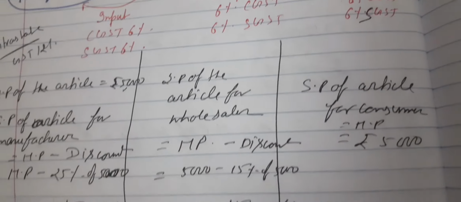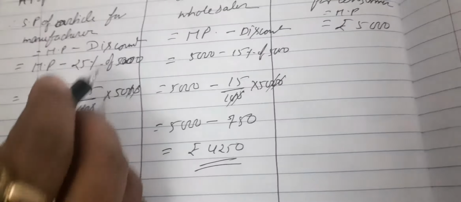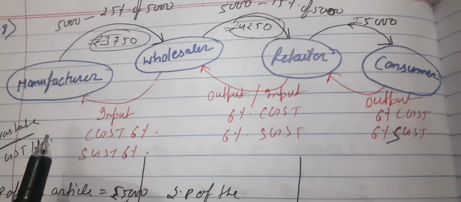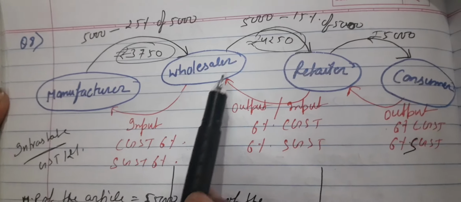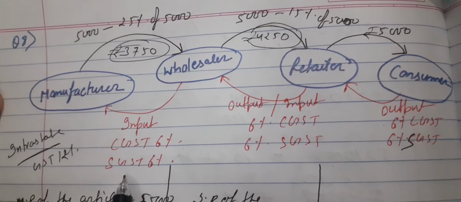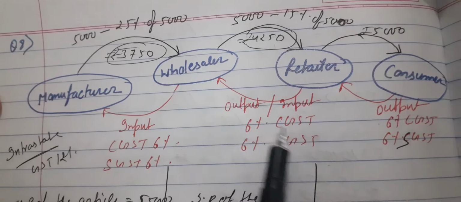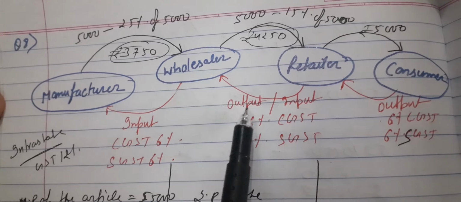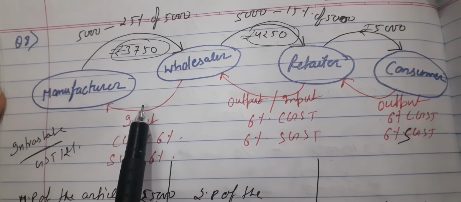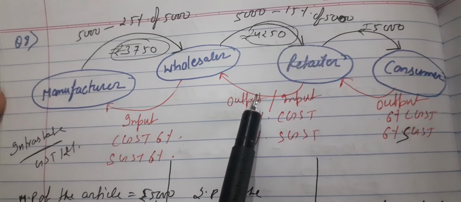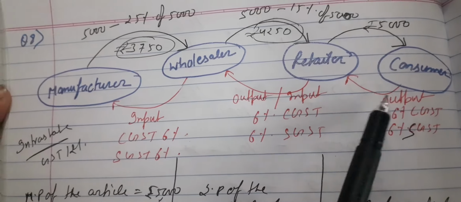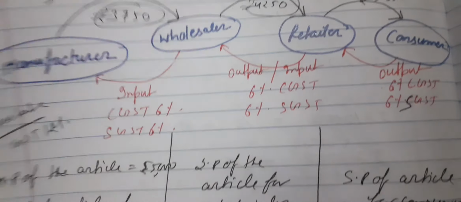So we are going to find out that. One more thing I want to mention here near the diagram, even I mentioned this in my previous videos also, that if there is dealing between 4 persons, then here is input CGST, input SGST, and this middle one will be considered as output as well as input CGST and SGST. How? For this dealing this is output GST, but for this dealing this is input GST. So whatever we require we will use according to that data. Okay, so let's start.